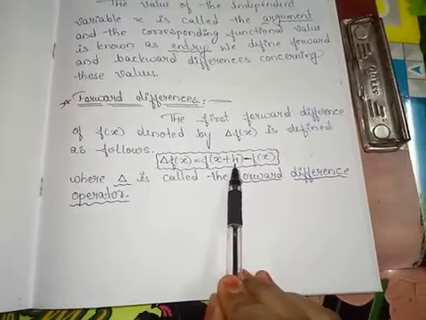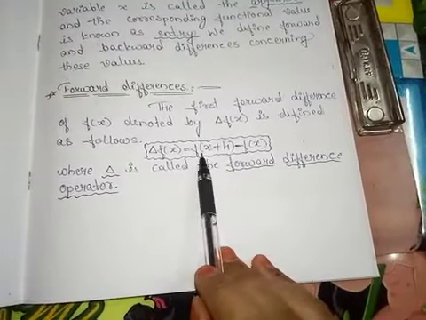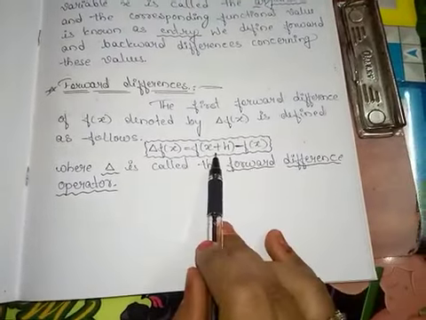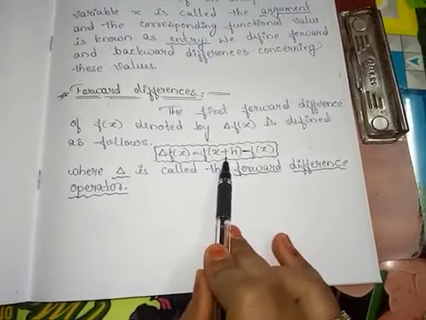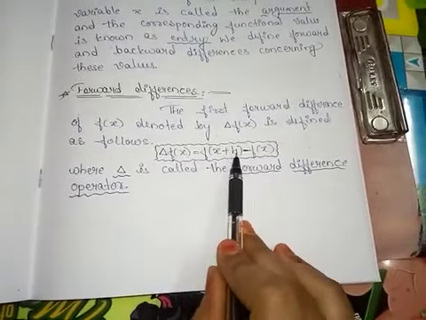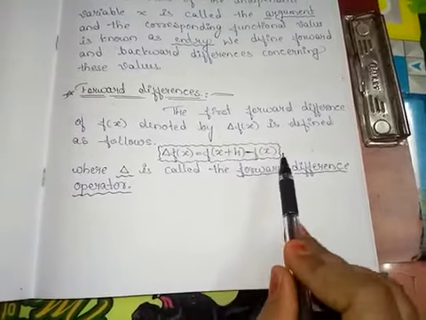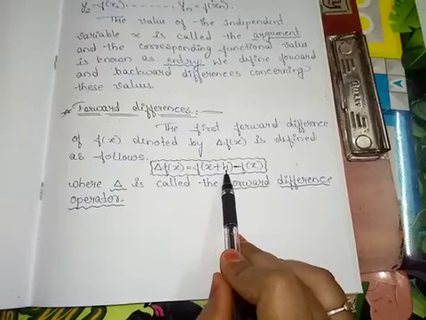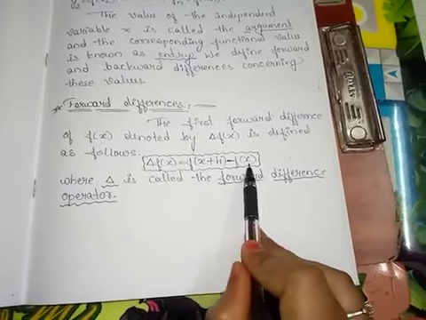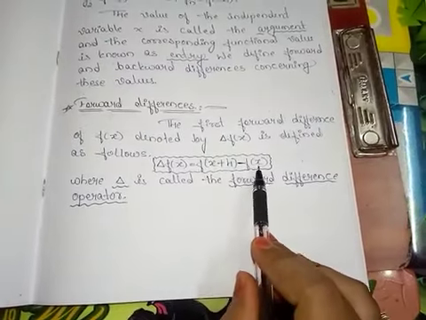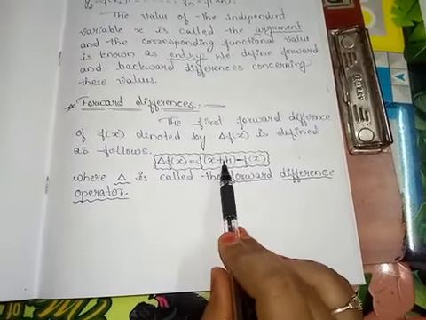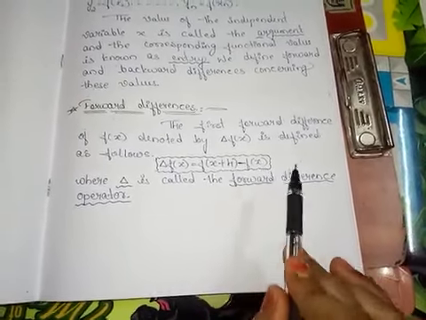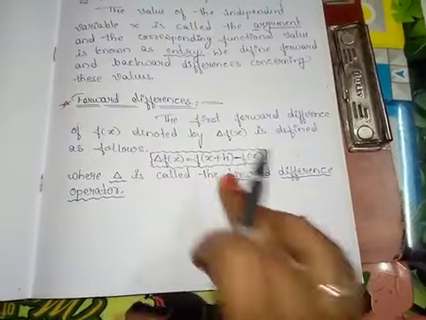See here h is what? Our common interval. When we see this expression, generally we understand that f of x plus h is what? The succeeding functional value of f of x. Here f of x plus h denotes what? y1, and this f of x denotes what? y0. When we consider x as x0, this is x0 plus h and this is x0. This will be what? y1 minus y0. In general, you have to understand here, this is what?